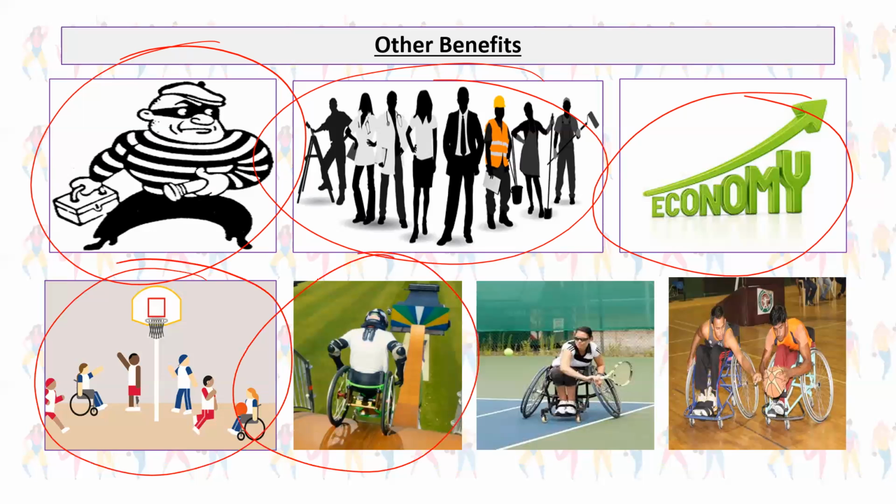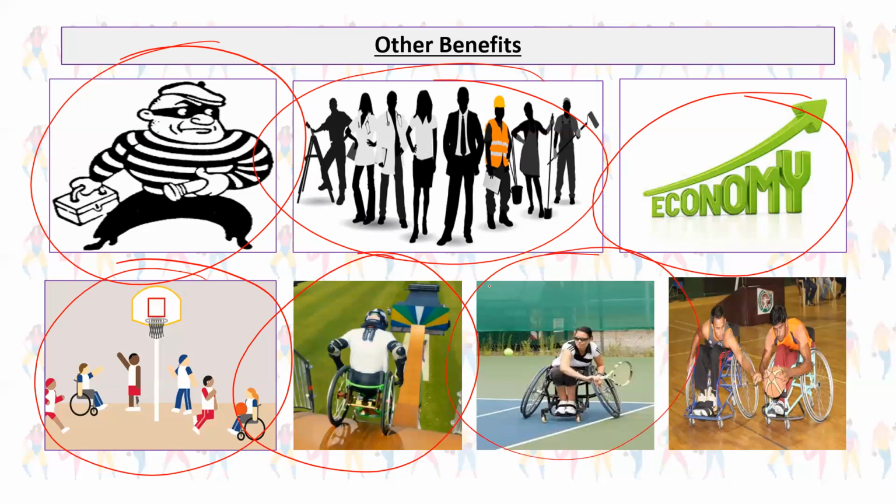This one is to do with breaking down stereotypes. So in society, it's not that just because you're in a wheelchair that you're not able to take part in sport, you're not able to engage with these activities. It's very much breaking down that stereotype and adopting a positive "yes, I can" attitude. So that's that one, to do with breaking down the stereotypes.